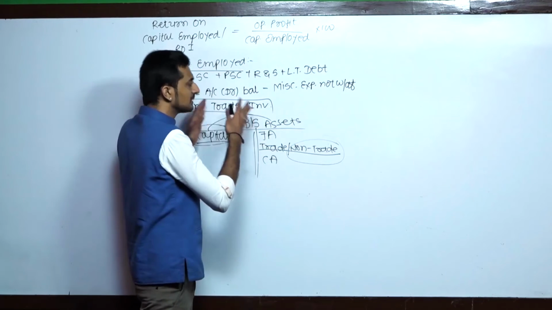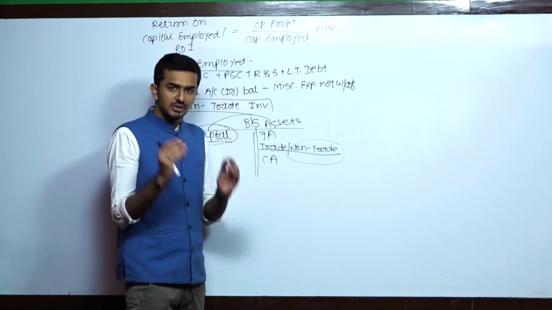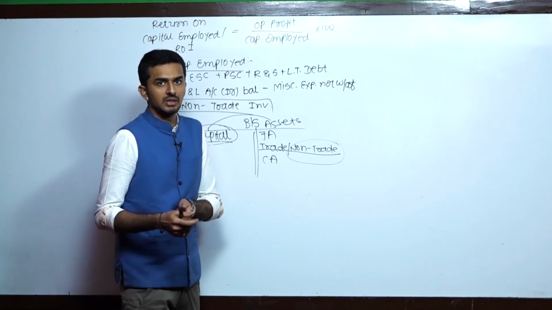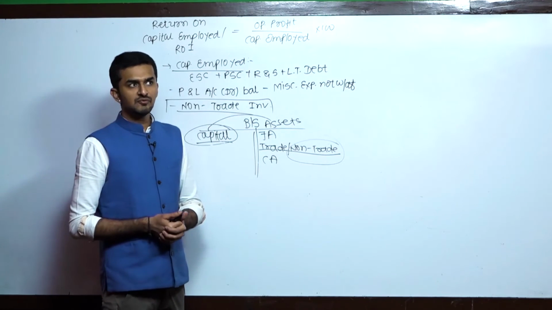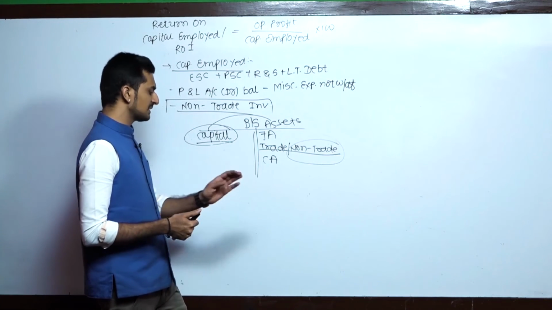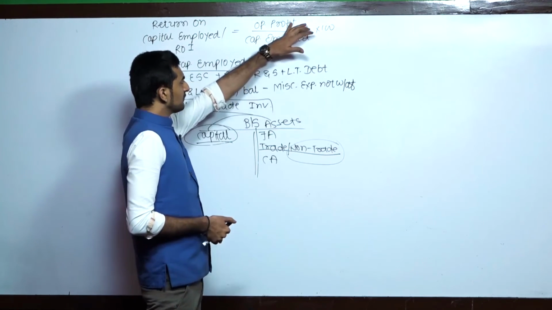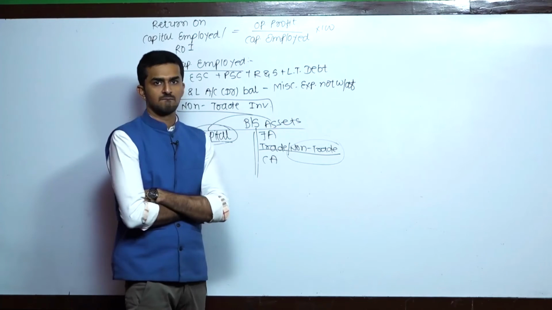And here, the purpose of this ratio is only to get capital employed in the business and profit generated by the business. That's one way to look at it, of why to subtract non-trade investment. Another way, I'll tell you one funda that you got to remember throughout the chapter of ratio analysis: when we say operating profit divided by capital employed into 100,